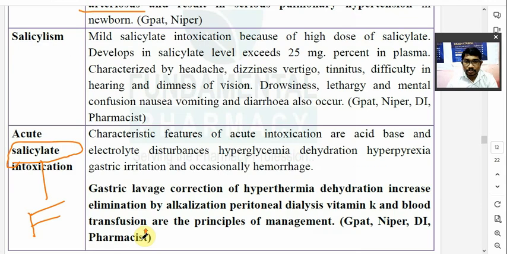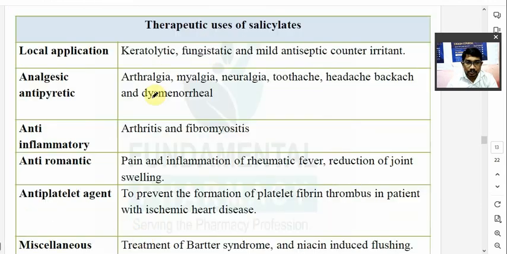Therapeutic uses of salicylate. Use क्या रहेगा? First, it is used locally as a keratolytic to remove the keratin. It is a fungistatic and mild antiseptic counter-irritant. Analgesic and antipyretic. So it is used as an analgesic in the arthralgia मतलब bone pain, myalgia मतलब muscle pain, neuralgia मतलब nerve pain, toothache मतलब दांत का पेन, headache मतलब सर का पेन, back मतलब body का back